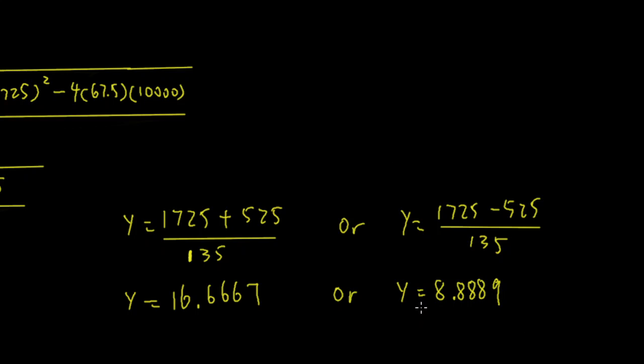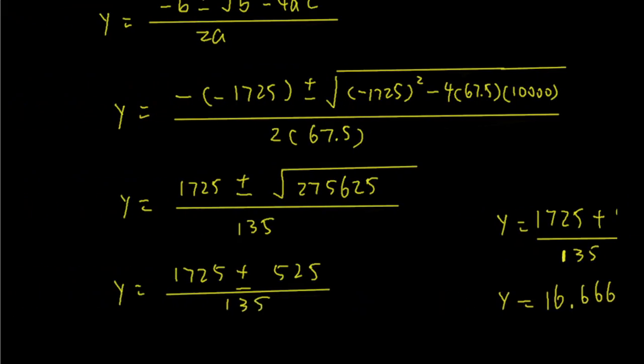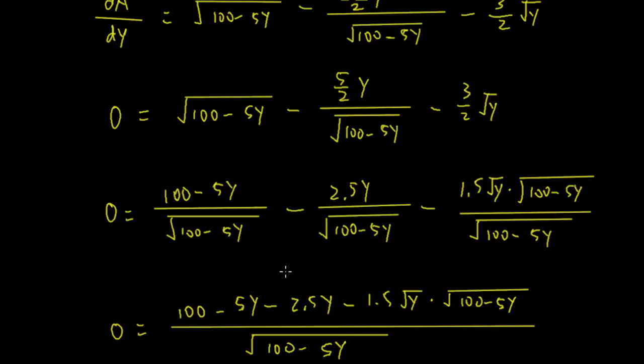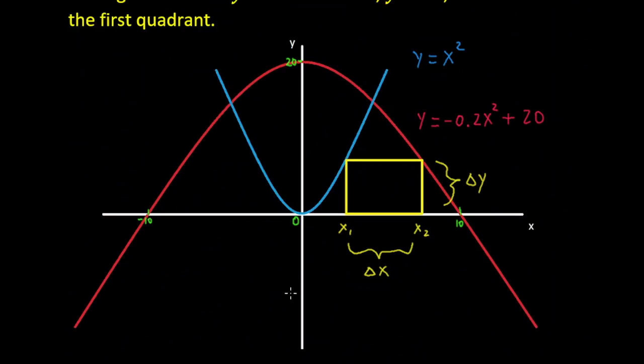But I think only one of them will give the maximum area of the rectangle. Which one is that? Okay, so now come back to the original graph, or the diagram. If you look at it, this rectangle will always stay within this region, between these two curves. So the y value here, the width, should never pass the intersection point of the two curves. It should never get past this point.